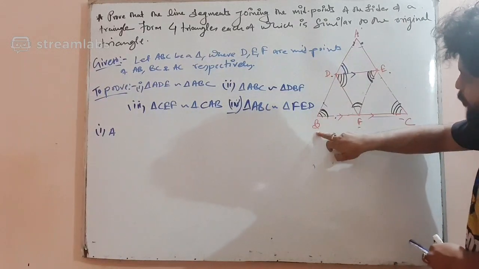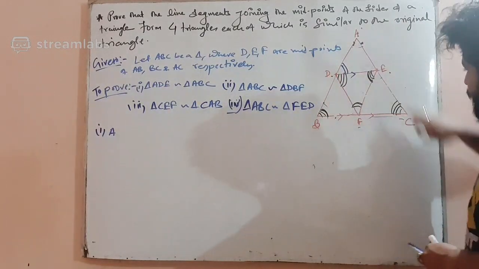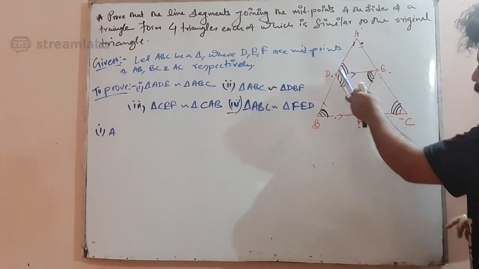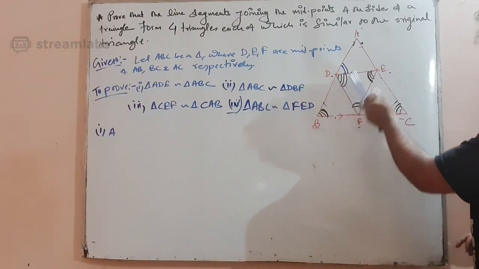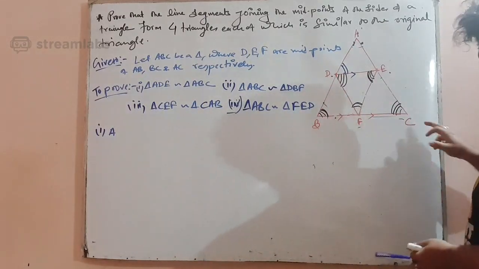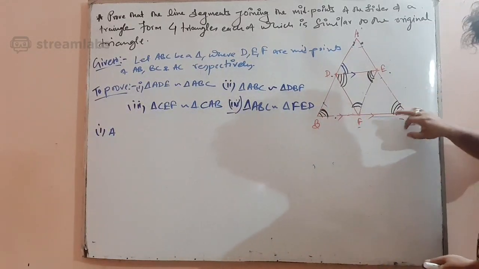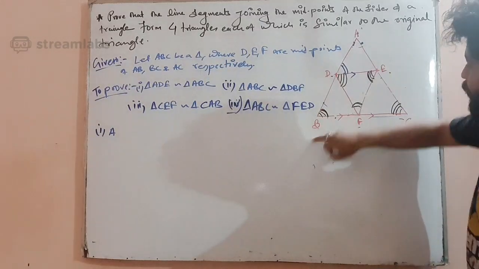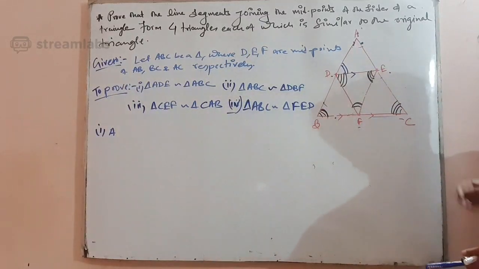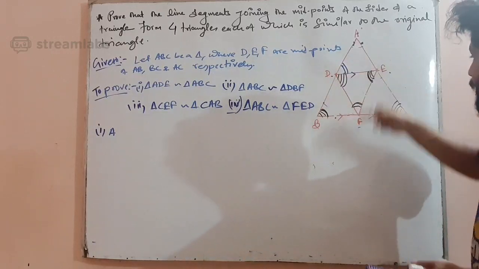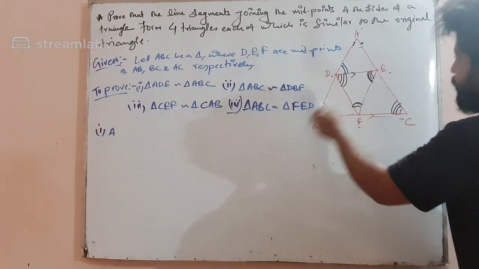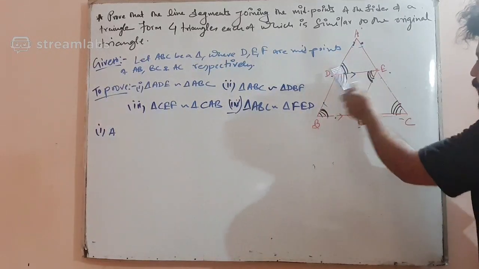तो अगर इस साइड से लोगे BDF और BAC, तो B एंगल कॉमन, D और A इक्वल corresponding angle, क्योंकि ये मिड पॉइंट ज्वाइन किया हुआ है, ये पैरेलल corresponding angles। और CAB और CEF में C कॉमन हो गया, और E equals to A हो गया, क्योंकि these are parallel lines because they have joined the midpoints।